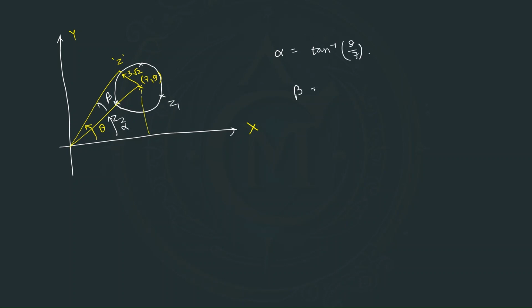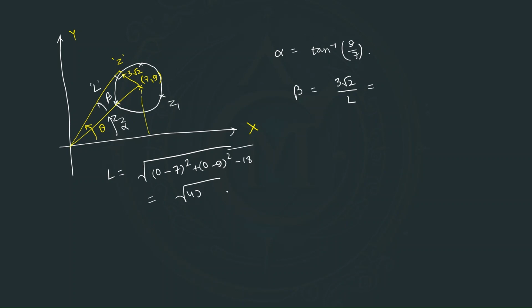and beta will be tan inverse, because this is a right angle triangle. So here we will use trigonometry. So this will be tan inverse 3 root 2 divided by this length of tangent. So 3 root 2 divided by L. Now L we have to calculate. L is basically root under (0 minus 7) whole square plus (0 minus 9) whole square minus 18, and under root. So this will become